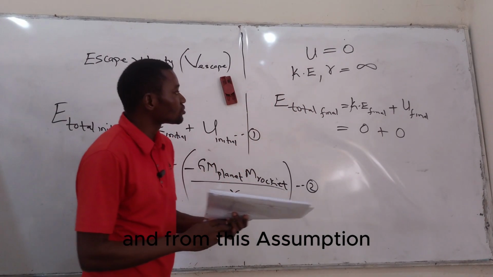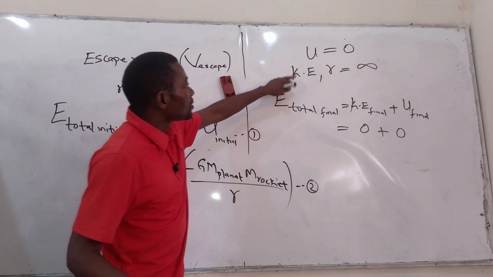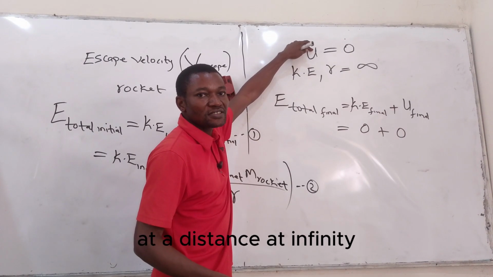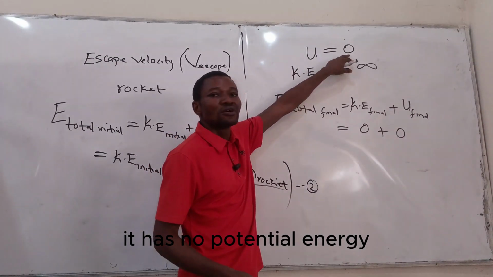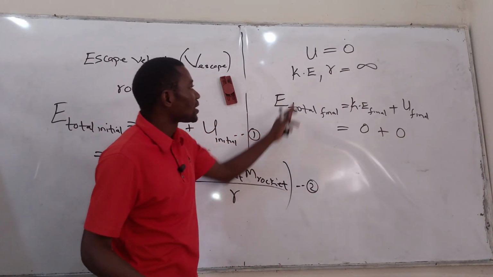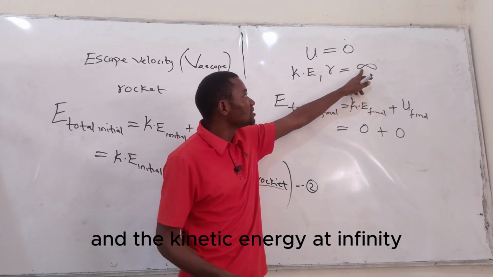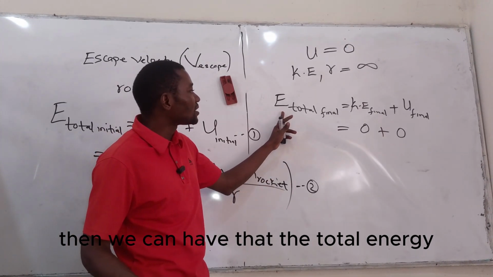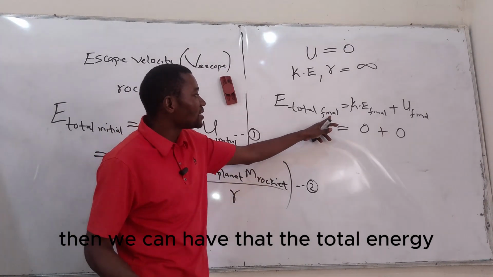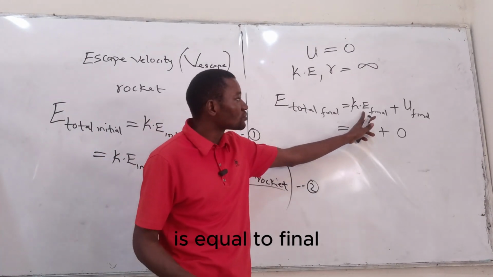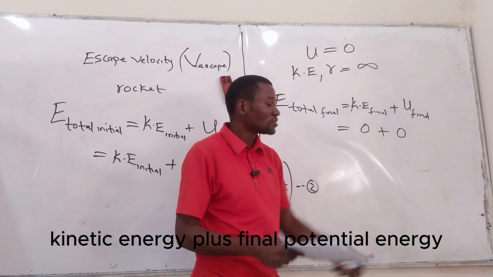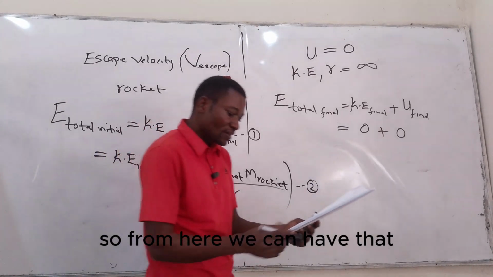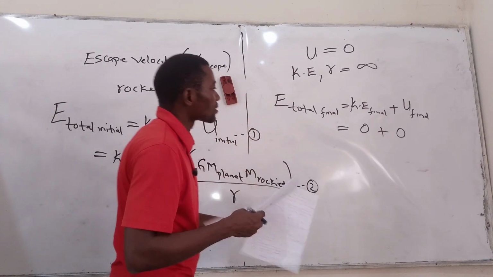And from this assumption, when the rocket is at a distance at infinity, it has no potential energy. And there is no kinetic energy at infinity. Then the total final energy is equal to the final kinetic energy plus the final potential energy. So from here, we can have that